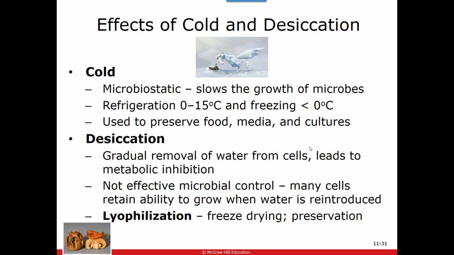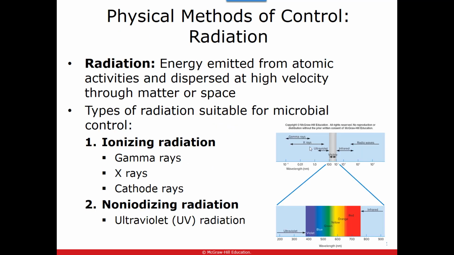Another type of physical method we can use to inhibit microbes from growing is using radiation. Now, there are different types of radiation. There's two groups, ionizing and non-ionizing radiation. The biggest difference between the two, ionizing radiation can penetrate into an object. Non-ionizing radiation is for surface only. So some examples of ionizing radiation, gamma rays, X-rays, and cathode rays, whereas your non-ionizing radiation is your basic UV